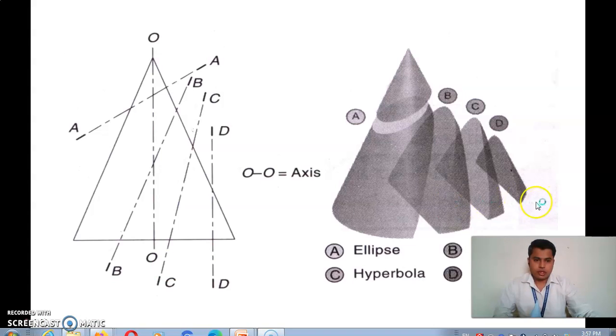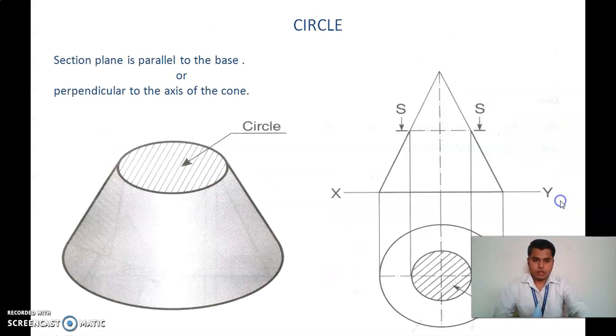Moving on, we'll see one by one again what is an ellipse, what is a parabola, and what is a hyperbola. Before that, the basic curve that we are getting. Suppose this cone is cut like that. In this figure you can see the cutting plane SS, which is parallel to its base. We are cutting this cone in this fashion. The cutting plane is parallel to the base, so we are getting what? The circle, as a conic section.